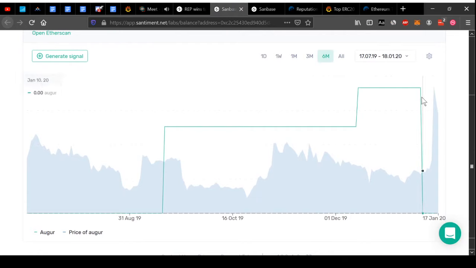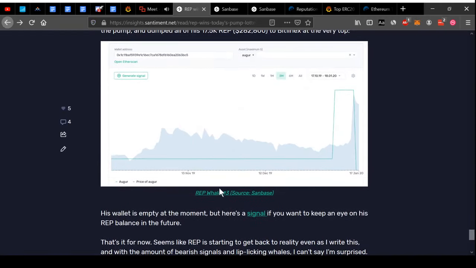So this guy has sent all of his 12K of Augur, which is still, I think, around $300,000 at the time, to Binance about a week before the rally. So while Augur was pretty much consolidating and not a whole lot was going on, he seems to have started positioning to exit. And then finally, this guy,